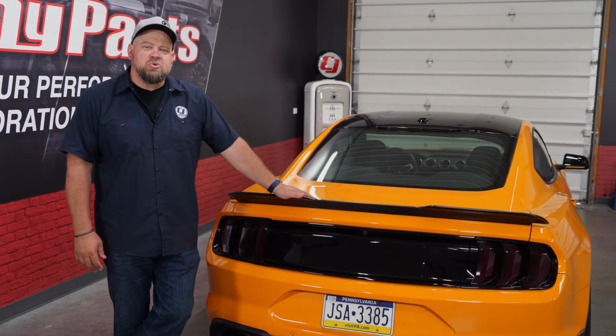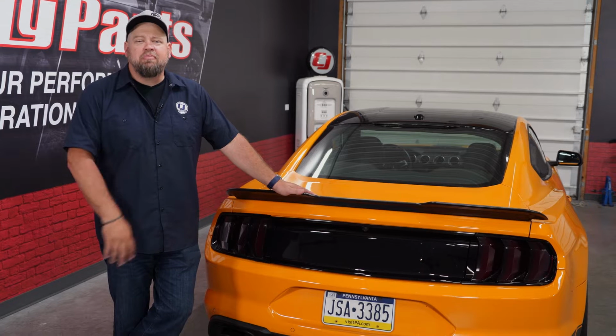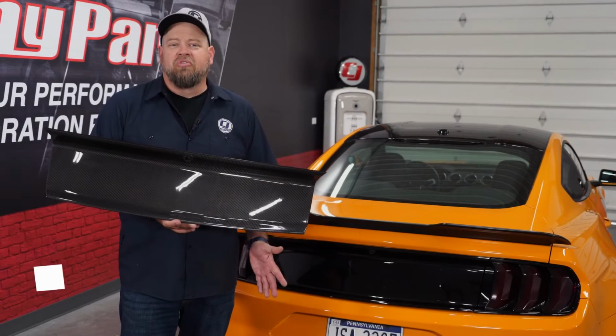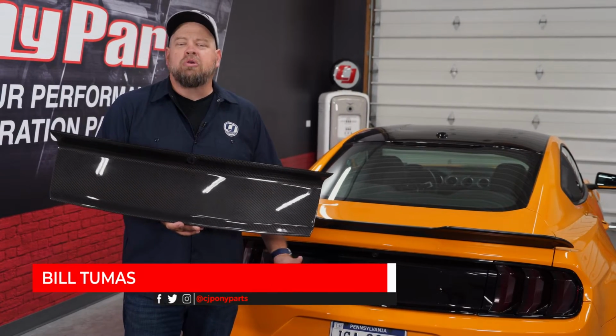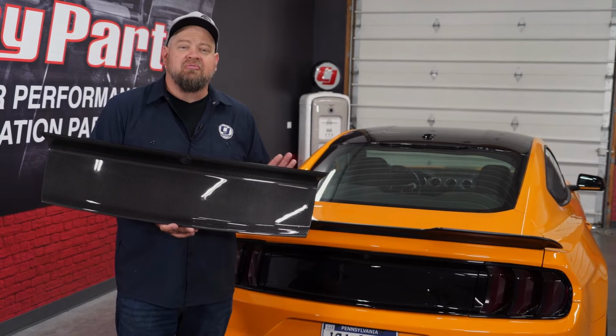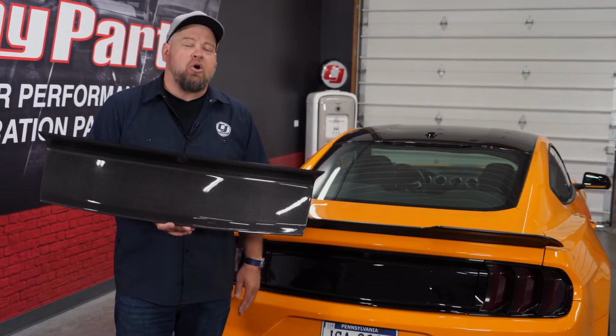Today we're going to add some carbon fiber to the rear of our 2018 Mustang Cheese Whiz with a carbon fiber overlay taillight panel from ACCELATEC. This taillight panel overlay is quick and easy to install and requires no tools as it'll stick over your factory panel. This is made of real carbon fiber with a high gloss finish and is going to fit all 2015